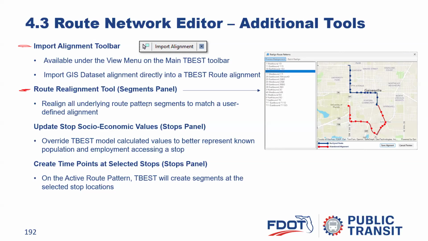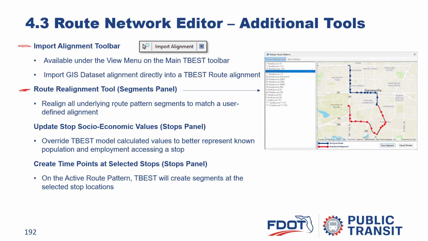Using this route realignment tool, you can push a realignment that you make on one pattern to all those patterns that traverse that same area. While we don't use this all the time, it's certainly very valuable and hugely time-saving